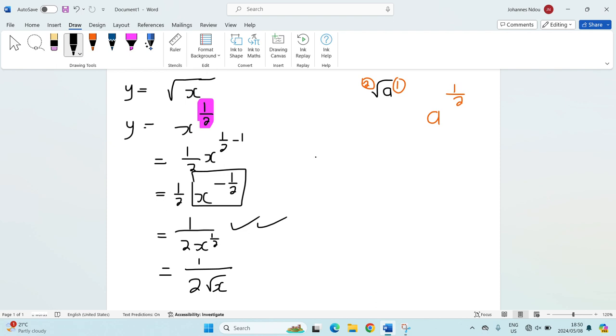So now what about if you're given something like y is equal to, let's say, 2, x to the power of 5. Now how will I do this one? Well, likewise, I'm going to first write this thing in a form that I'll be able to